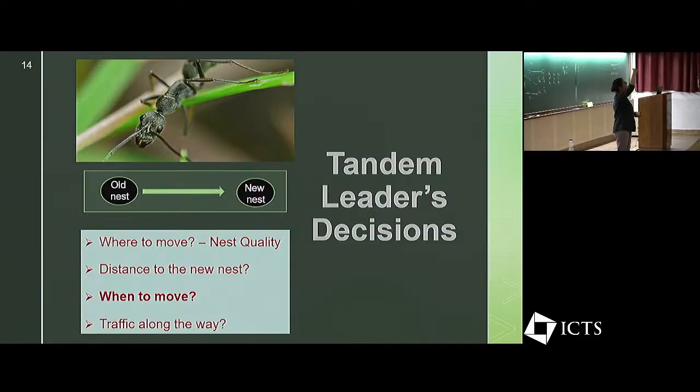Because the follower will assess that nest by herself, and if she finds that it is suboptimal, it is unlikely that she will become a transporter in her turn. They come out of that. Yes, they abandon that and continue to explore. Yeah. But if that happens to be the queen?